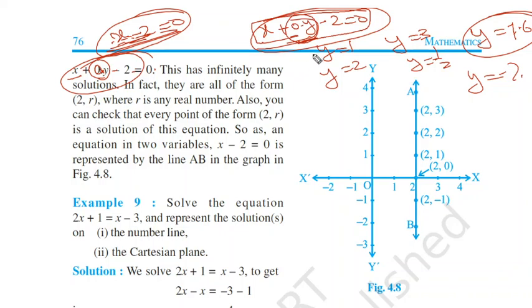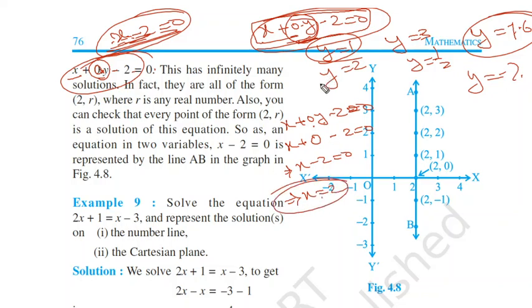Okay, so we can get some points here. So here you can see, we'll put any value in x plus 0y minus 2 equal to 0. Now say put y equal to 1. Now x plus 0 into 1, that will be 0, minus 2 equal to 0, implies x minus 2 equal to 0, implies x equal to 2. We got x equal to 2, then y equal to 1.